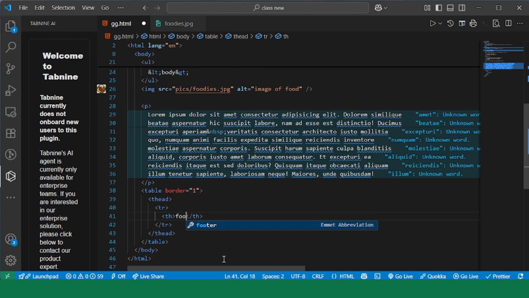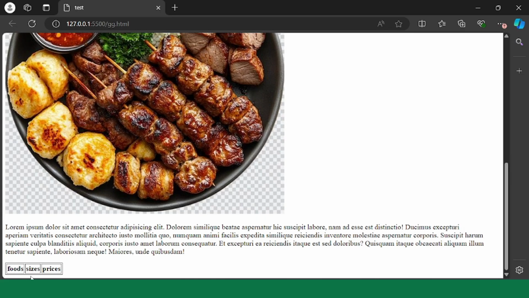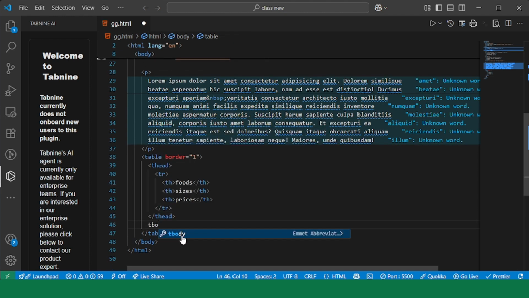So inside the first table header we type foods. Then we put another table header, and we type sizes. Followed by another table header, and we type price. So we save the changes and back to our browser. So we have the foods, the sizes and the prices. So now, let's move to our table body. So we type tbody and inside the tbody,